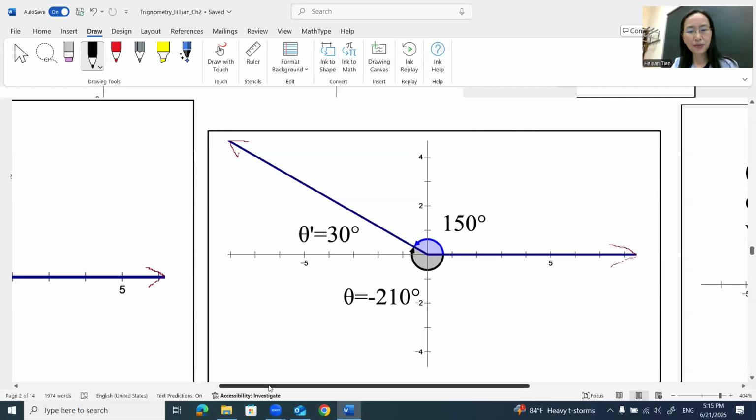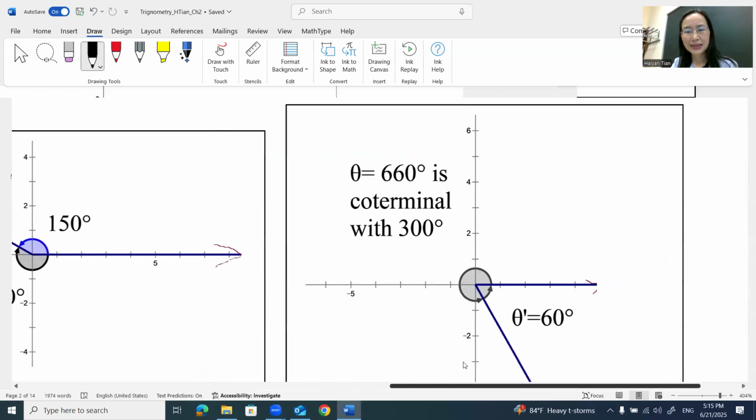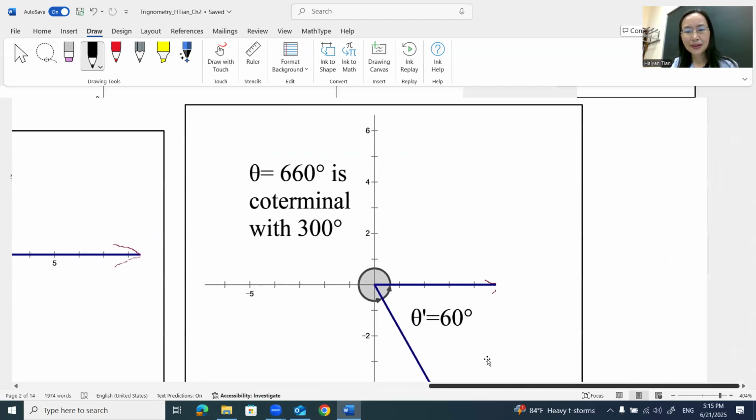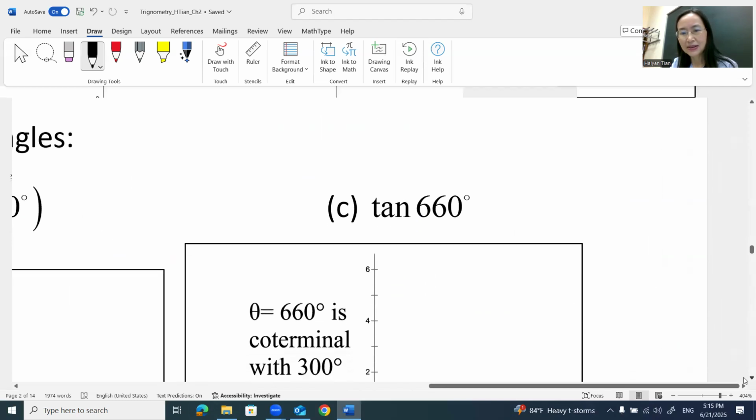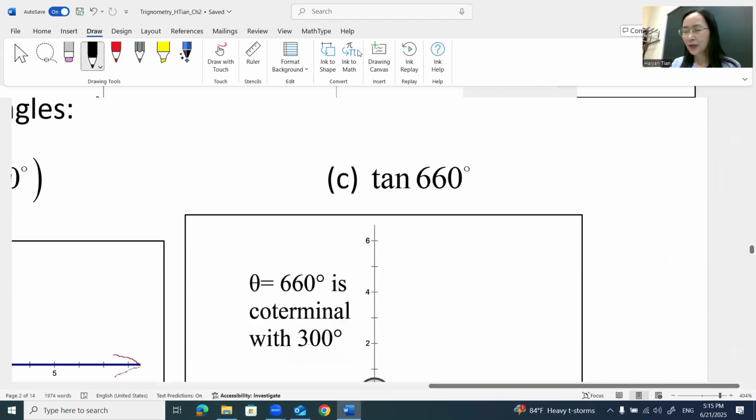Now we can look at one more problem. Here is an angle, 660 degrees, and we want to find the tangent of the angle. Tangent 660. So this angle, okay, so 660,